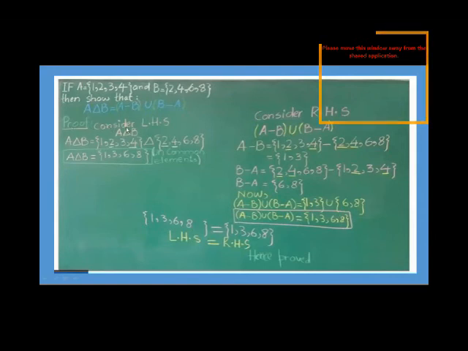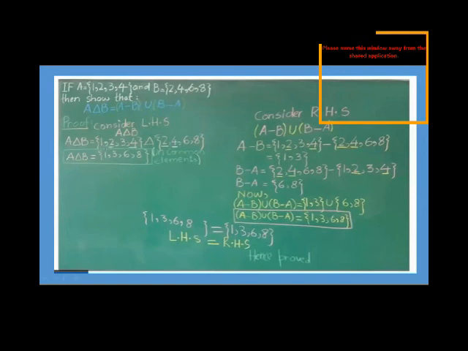So you will write consider left hand side. First of all, you will solve the left hand side where A delta B is given. So write A delta B, write set A, delta sign, then set B, and then find what are common elements in both. Here we observe 2 and 4 are common in both. So ignore the common element. For finding delta, we will see what are uncommon elements of both sets.